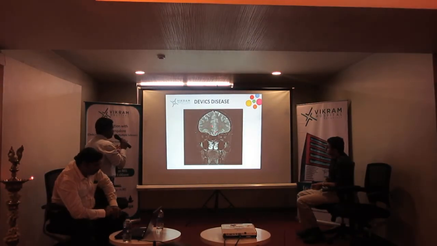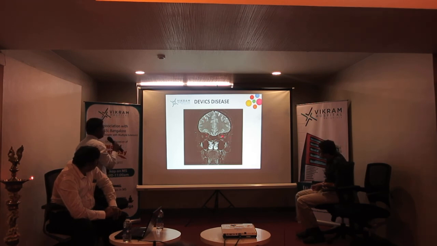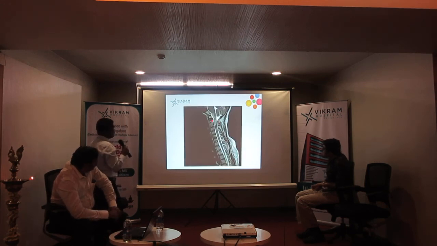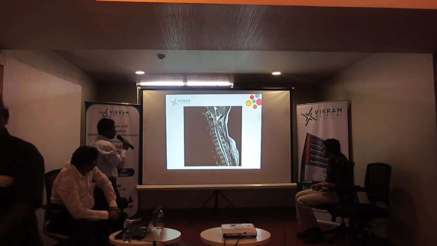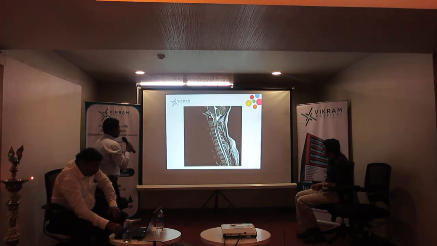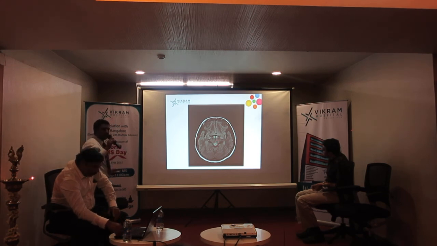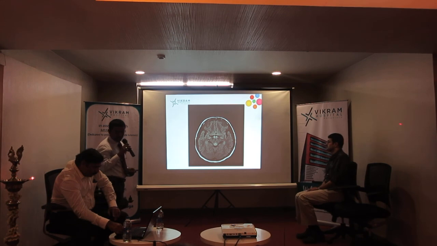This is where typically these are the two optic nerves which supply the orbit for the vision. Here the right optic nerve is swollen and appears bright. This is the normal left, where you can see surrounding CSF. This is where the spinal cord is also involved. So the spinal cord has to be screened. Next. And this is where the brain is also involved. So MS can involve brain, spine and orbit. All the three structures can be involved.